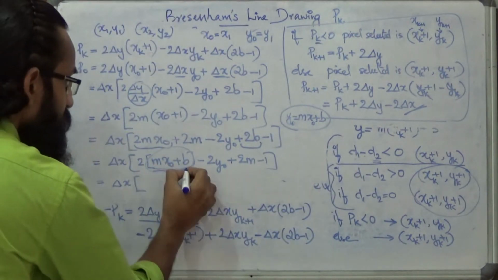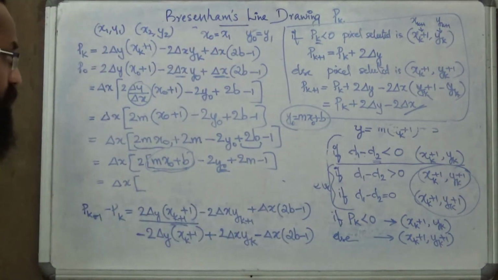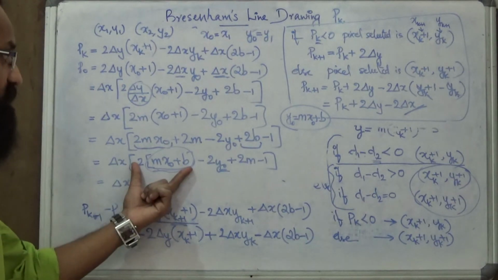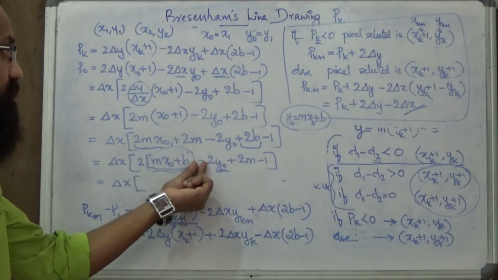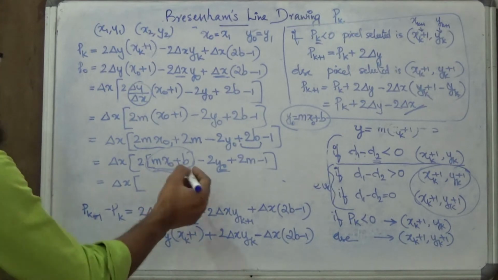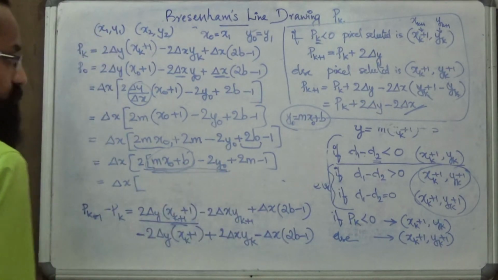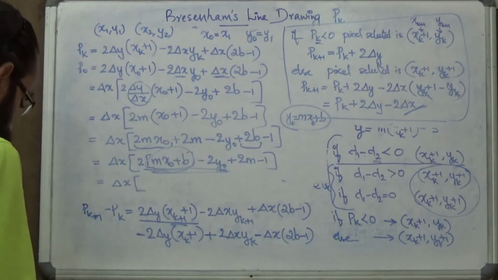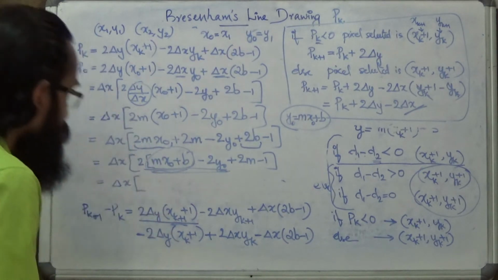So mx0 plus b is the same as y0. If you take 2 times mx0 plus b and subtract 2 times y0, this term will become 0. When that term turns to 0, the remaining will be